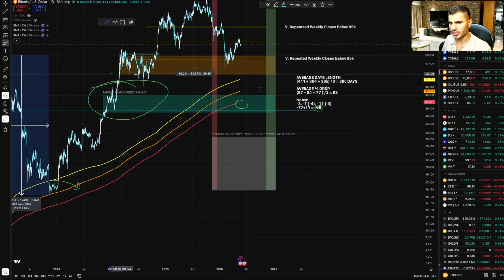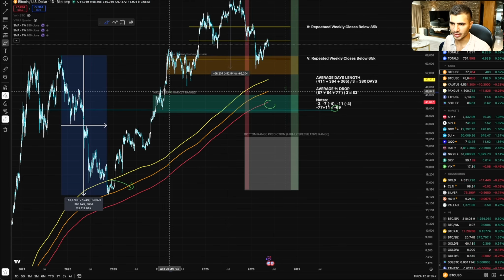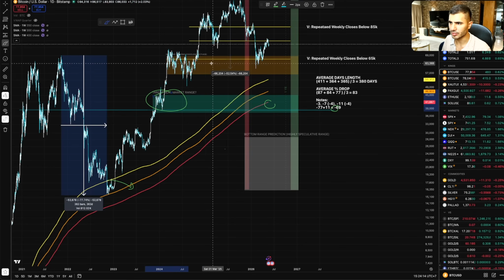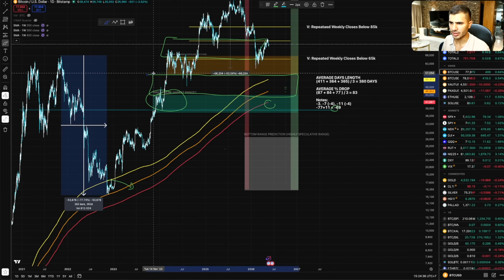Now, surely I would believe that we will break this consolidation area at some point or another. Now the next major support is of course going to be that phase. This one is just usually, if you can see, where there is not much liquidity, trading volume or consolidation periods, Bitcoin just breaks right through it. There's no foundational structure that supports. There's no important support phases, right? I believe that phase is going to be similar, and so the next major support for Bitcoin's price will be within that range right here.